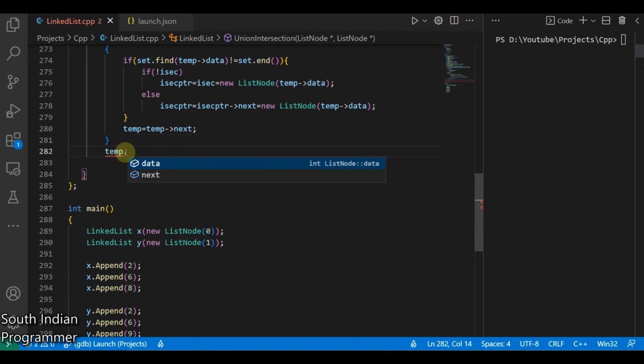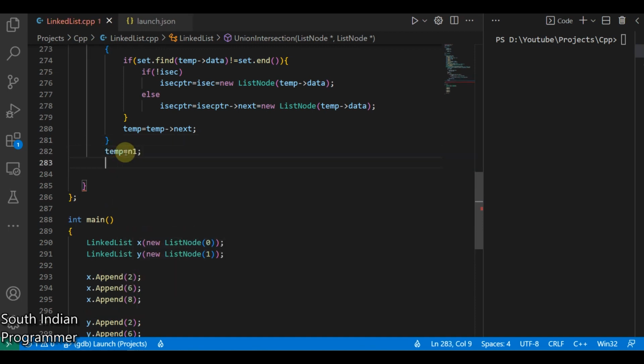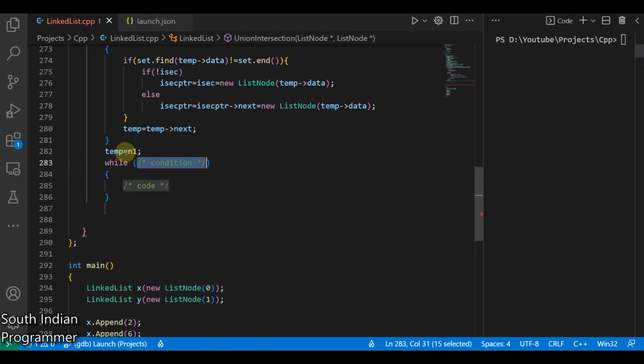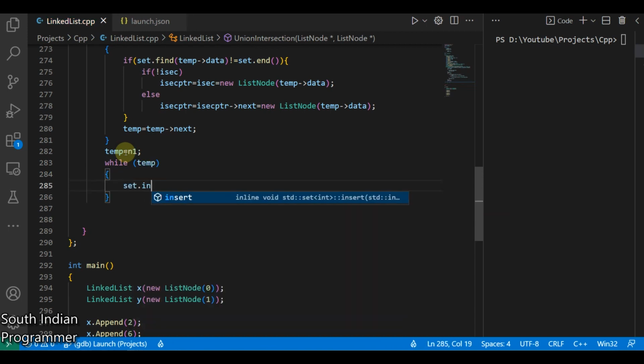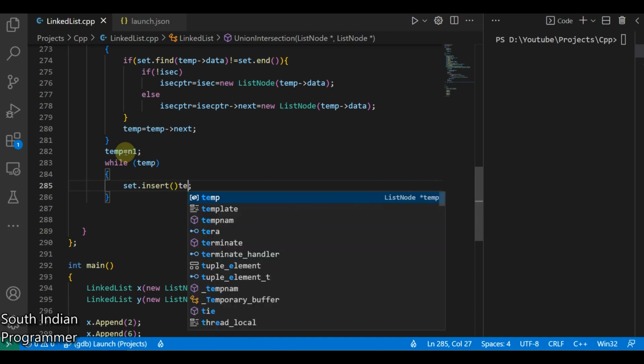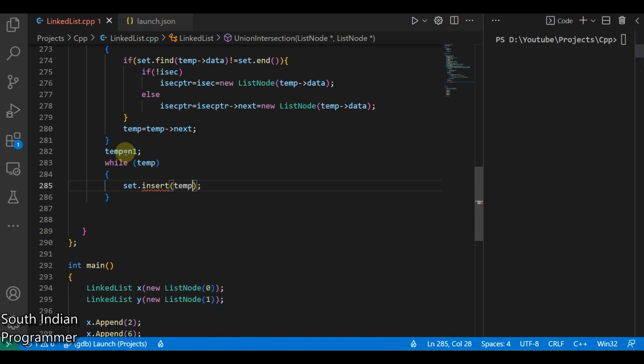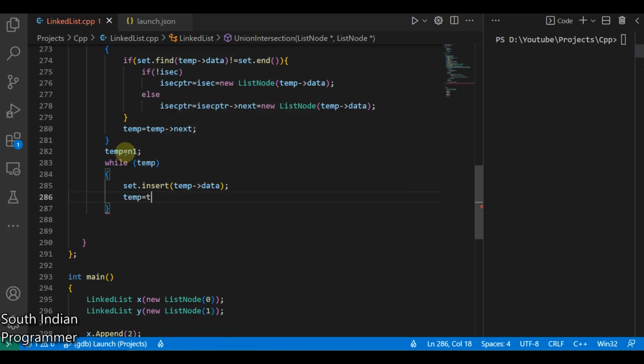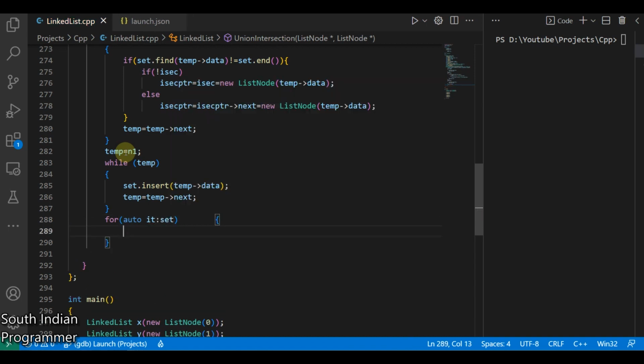Now I move back that to n1. I'll put the same thing in this set also. Set dot insert temp dot data, and temp equal to temp dot next. Once it's done, I have to iterate it. So for auto it, you can use set. Inside of it, if